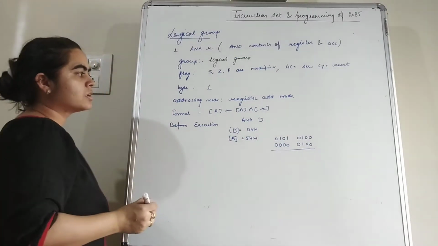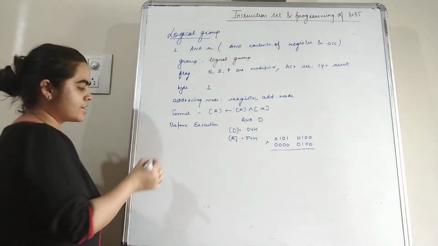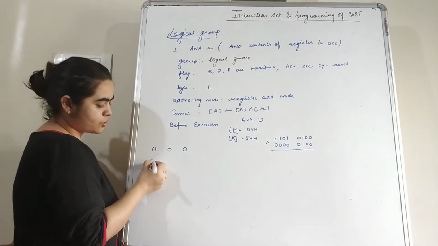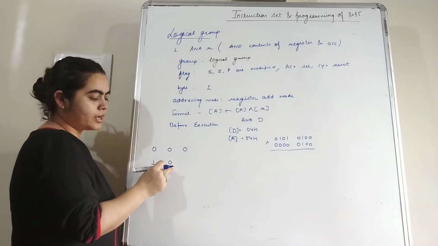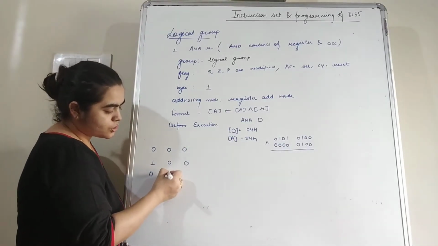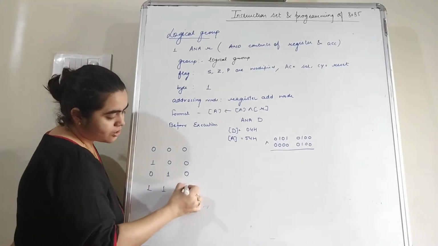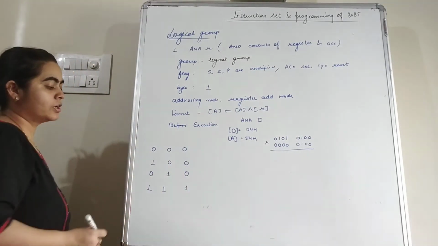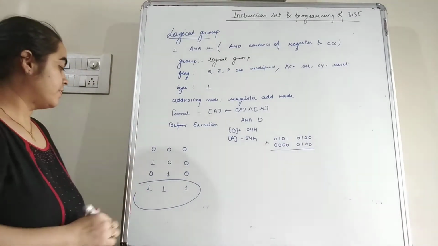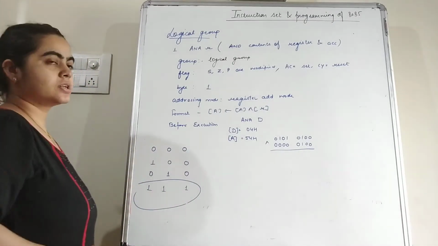Now you can AND the contents of A and D. In case of AND, students, if the values are 0 and 0, then the result is 0. If one value is 1 and the other is 0, again the result is 0. If the first value is 0 and the second is 1, then again the result is 0. Only when both the values are 1, the result is 1. So there is only one case where the value after AND is 1, that means when both the values are high, only then the result is high.